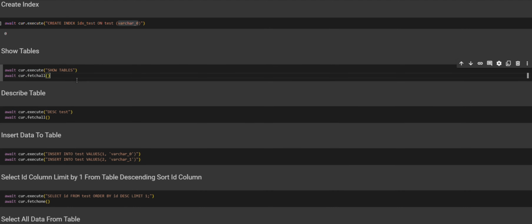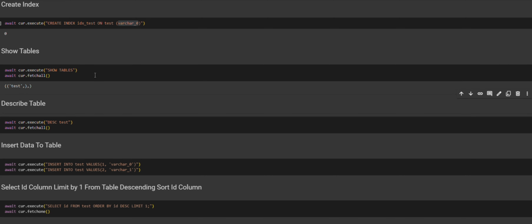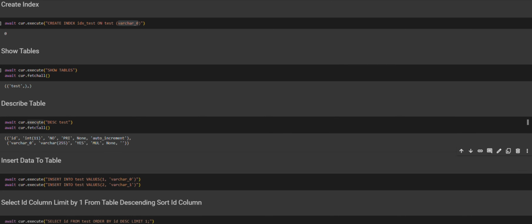If you want, next is to show the tables in the Colab test database. Here, this is the table that we created in the previous step. Okay, next we will try to describe the table test.